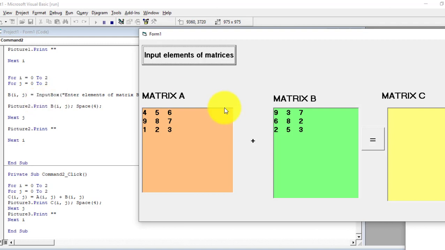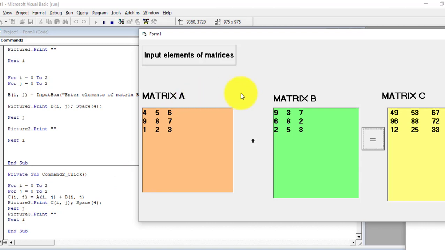Now when the user clicks here, we know matrix A has this element, matrix B has this element. Now what will happen if the user clicks this button? Let's see if it is going to supply the sum of the two matrices to the third matrix. Let's see, as it is being mentioned here. Wow, that's correct, but there is a problem here. 49, there is a problem. The problem is just here. Okay, you know, when you are adding